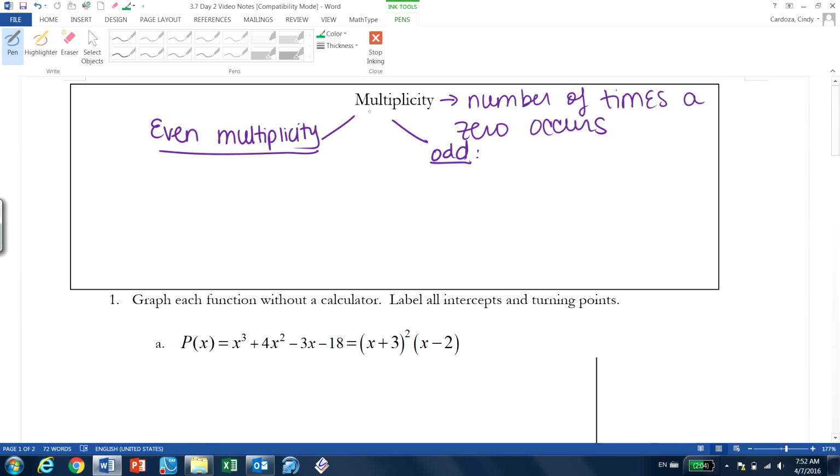And I think some people confuse multiplicity with end behavior. So remember, end behavior is really the end. Where are the arrows? Is it an even degree or an odd degree? Multiplicity doesn't really have to do with degree. Multiplicity, for example,